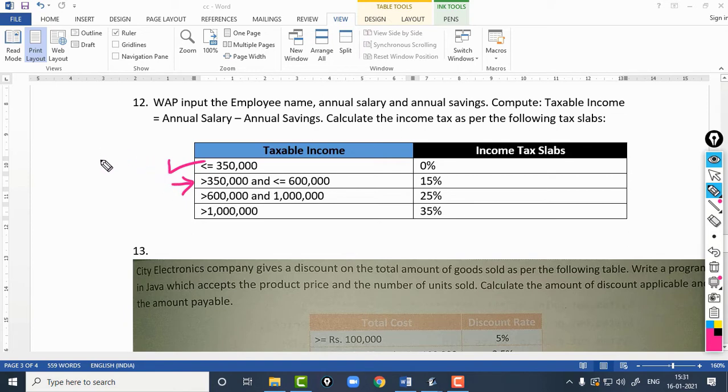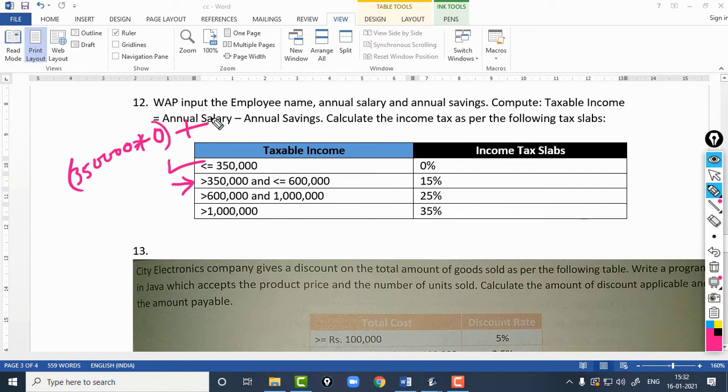So the previous slab amounts to 3,50,000. Upon this 3,50,000, there is 0% tax, so I multiplied it with 0. And then to it, I will add the current income tax slab.